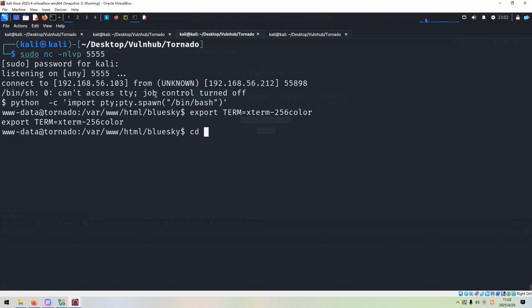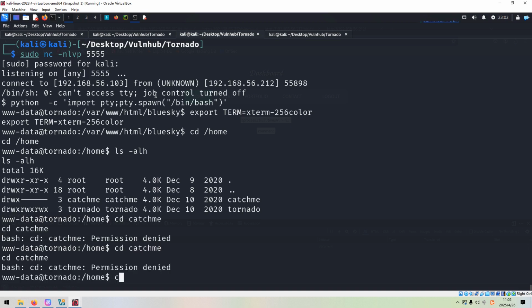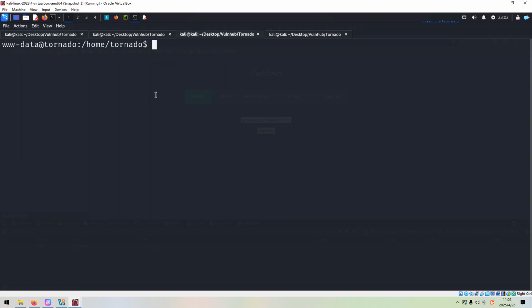Okay. So next we need to gather information on the target to make lateral movement or privilege escalation. So catch me, permission denied. So how about the second one? Tornado. Nothing else. So I think now I'd like to run sudo, although in most cases the www-data will not have